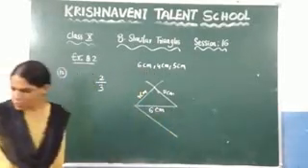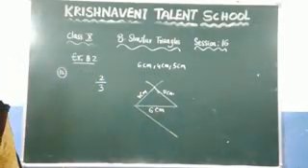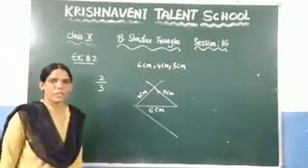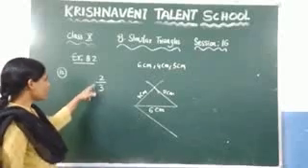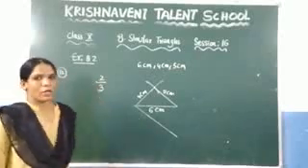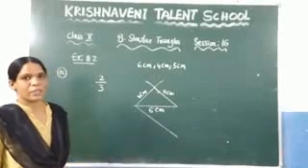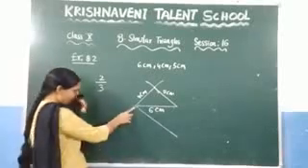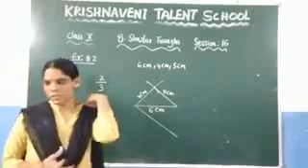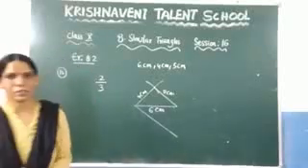After that, what is our next step? You need to check in the given fraction what the biggest number is. Here, what is the fraction given? 2 by 3 is the fraction they have given. So between 2 and 3, what is the biggest number? You know that 3 is the biggest number. So at this point, you need to draw 3 arcs without changing the radius. So let us draw 3 arcs.